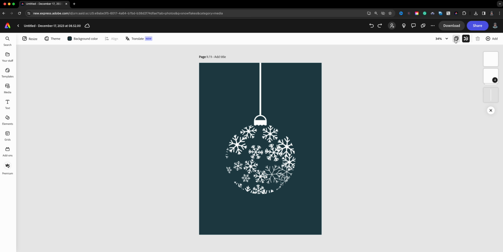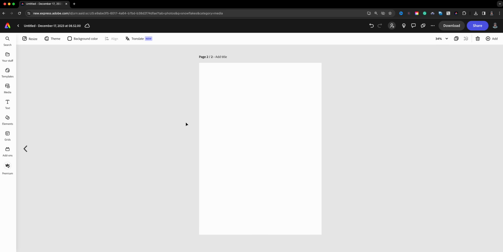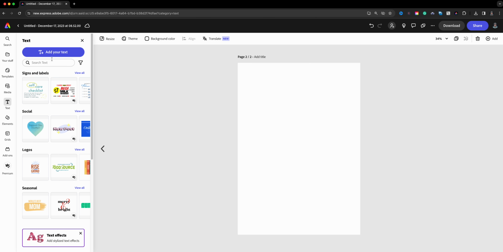We're going to go up here to the view all pages option, and we're going to create a new page, same size, blank. And now what we're going to do is create a little message. We're going to send this card out, and what I wanted to do is add some text. So what we'll do is click on T for text,